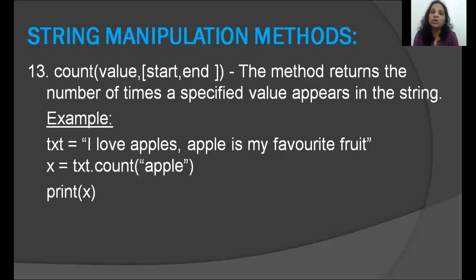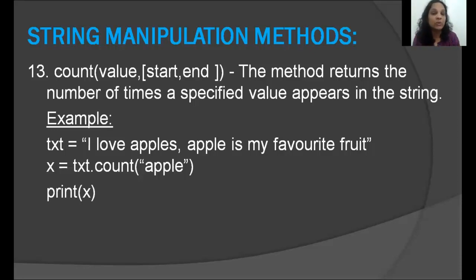But then what if you had to count just the word apple? Then in that scenario, you know what you could do? Give a space before A and give a space after E, which means I'm locating a word called apple. Not, for example, apple pie. If the word is apple pie, it could get chosen here. If the word was pineapple, it would still get chosen here because APPLE exists. But if you're looking for just the word apple, not pineapple, not apple pie, then what you could probably do is in the count function, before you write the word apple, leave a space before A and leave one more space after E.